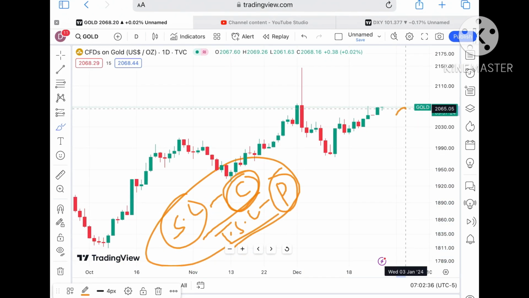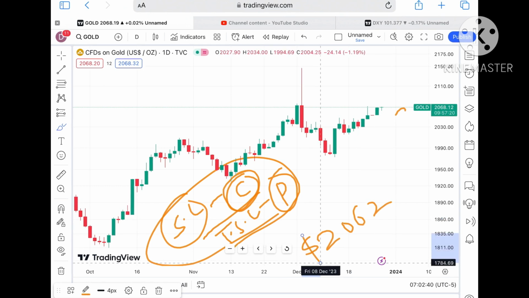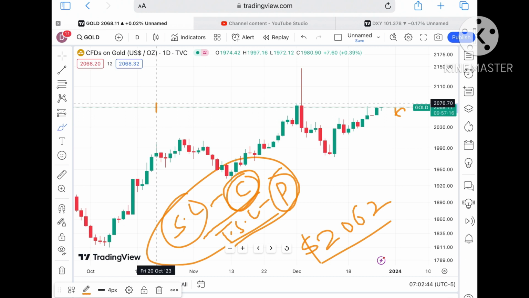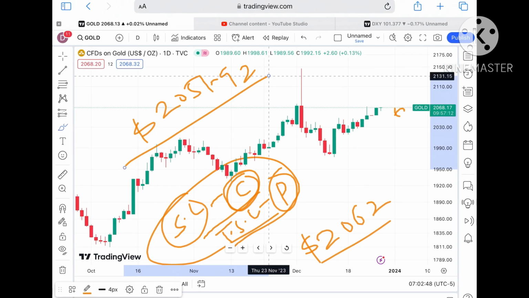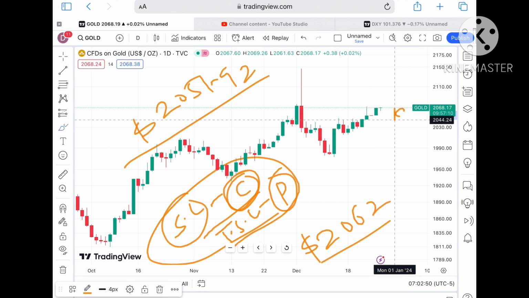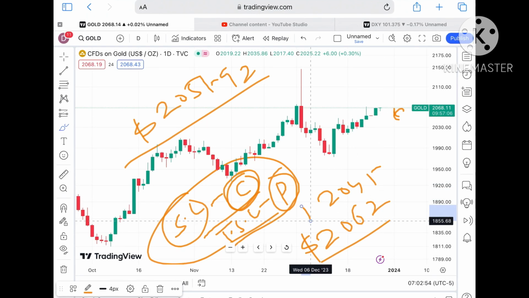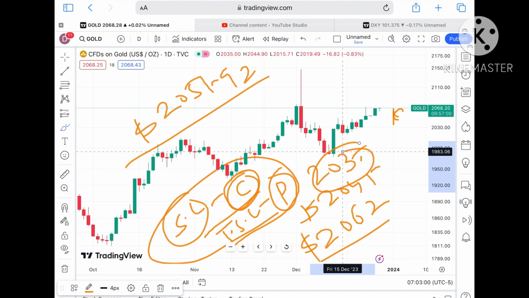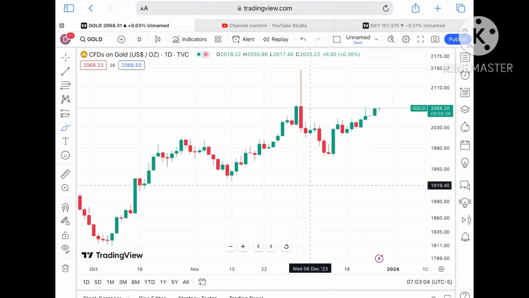Suppose the price doesn't sustain this level, it will go again towards a level of $2062, and if it starts moving below this zone, we will see a level of around $2051.92. If the price goes below this zone, it will fall further down towards a level of $2045, and from there a further downfall towards a level of around 2035. Keep in mind that once the price starts falling below a level of $2062,